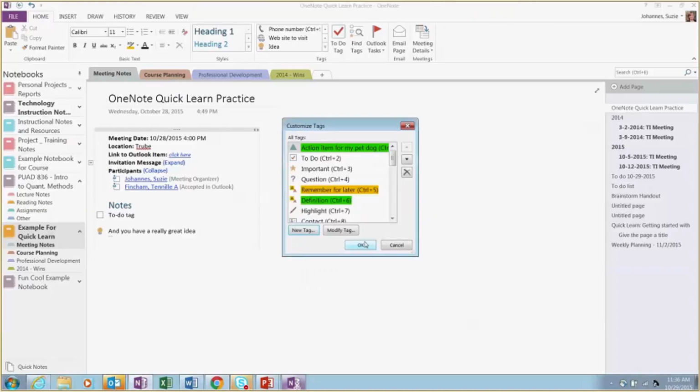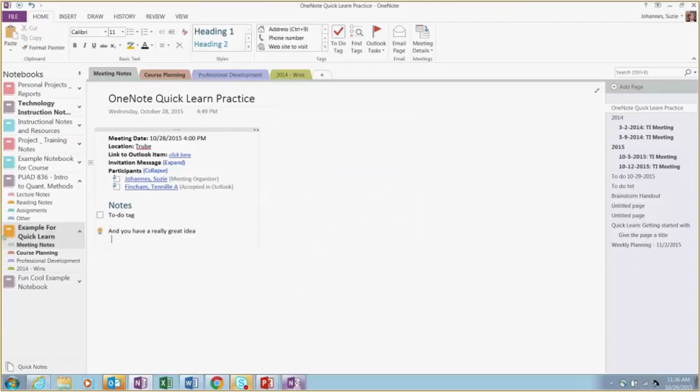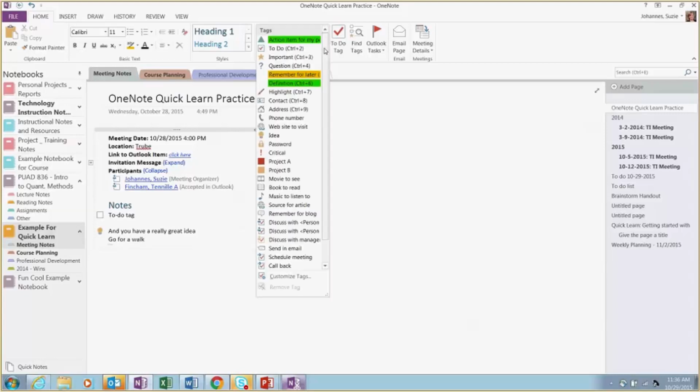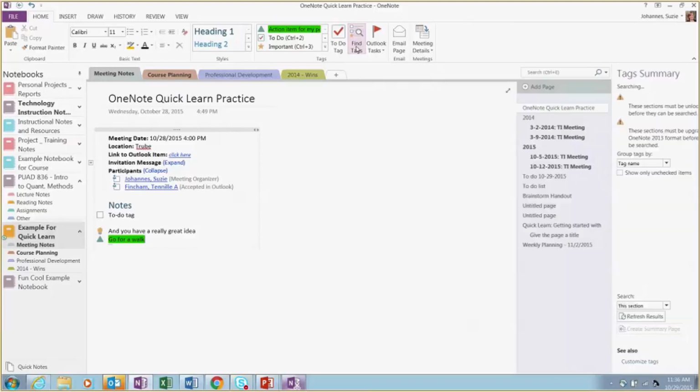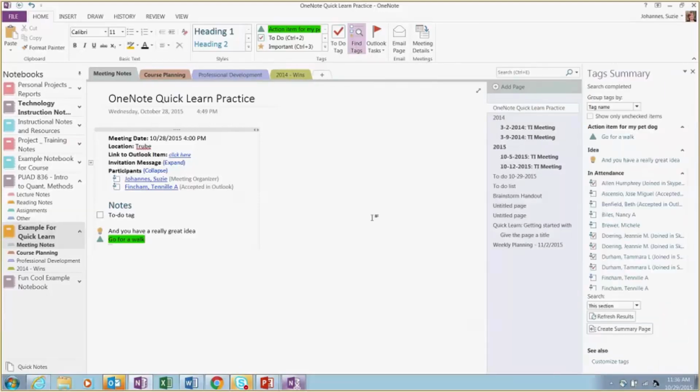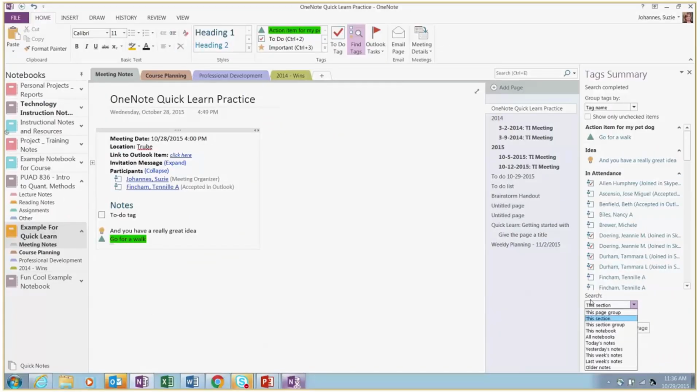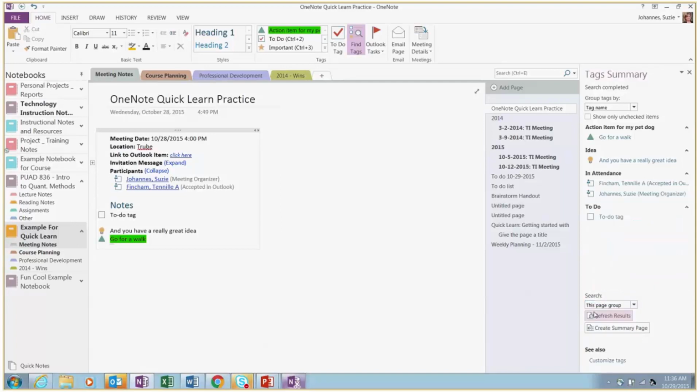And so then if it's go for a walk, I can just tag it with that custom tag. So then why does that matter? Well, the cool thing about OneNote is you can come here and say find tags. And with that, you can find tags just in, here it has some search options. So this is looking in this entire section, but I can look just in this page group, and it just shows me the tags here in this page group.